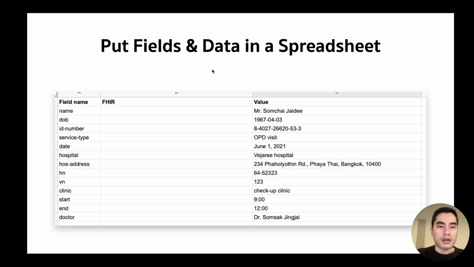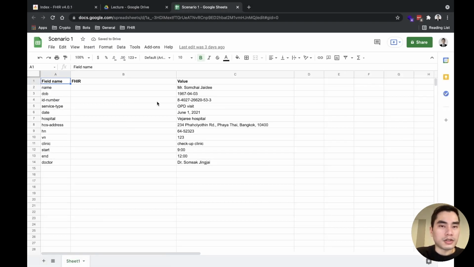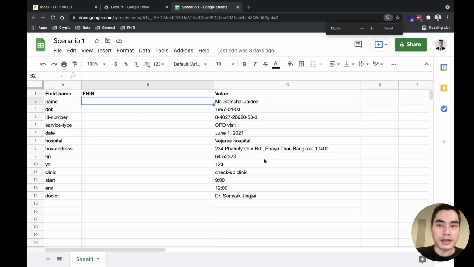And now we have this spreadsheet. If you want to pause the video and try to fill in the data by yourself, feel free to go on. Otherwise, I will demonstrate it to you. So here is the spreadsheet that I prepared earlier.